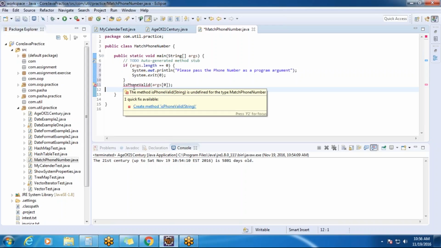and copy all these lines of code into that. Okay, the is phone valid method is not there. Let's create that method, choose that option,